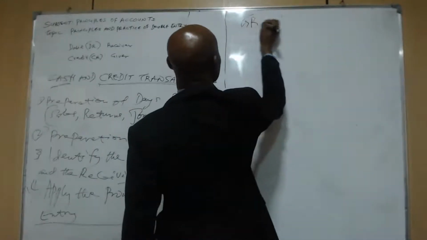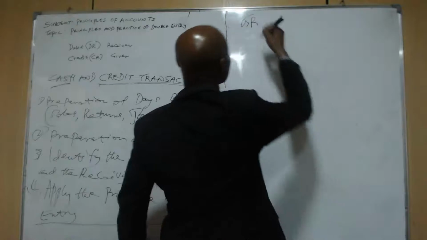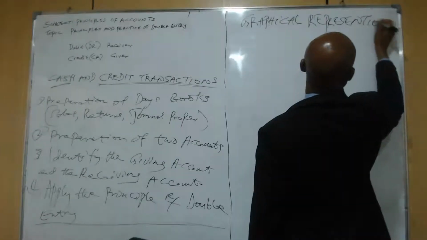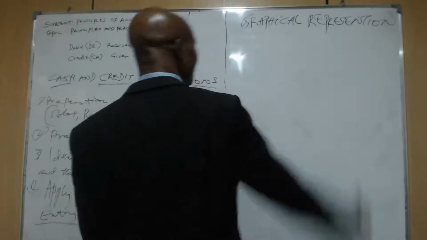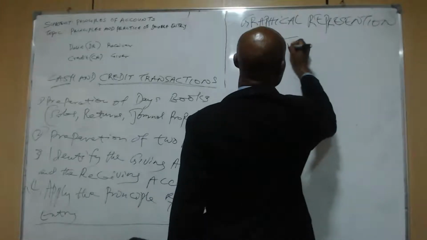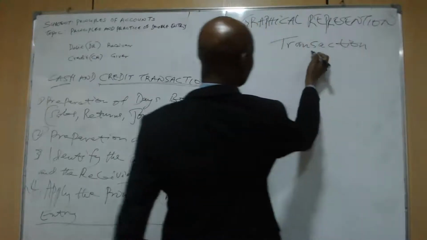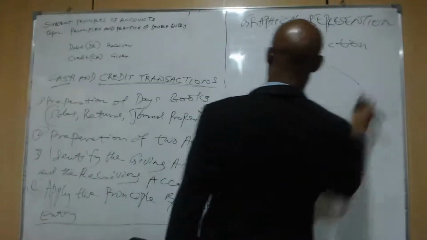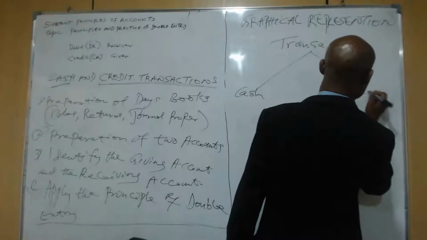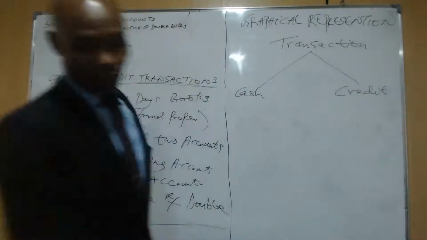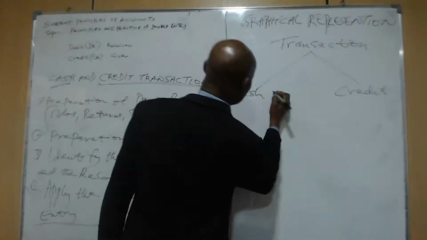To attempt to do a graphical representation of transactions of both cash and credit transaction. Here you have the transaction, divided into two. One is cash transaction, the other is credit transaction. In cash transactions,